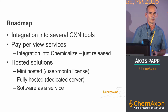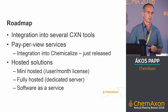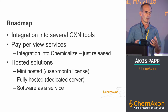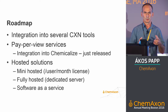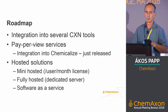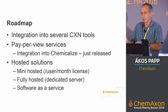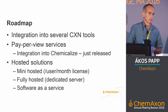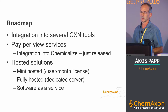And the future, because currently the single system can be installed in an enterprise environment, and it's quite expensive in this way. So we will have some more cheaper solutions. And also, we go to these mini-hosted per user, per month license types. This is one way, and the other is the other direction, fully hosted solutions, like we already do for Novartis with the current, as well as software as a service, which means that